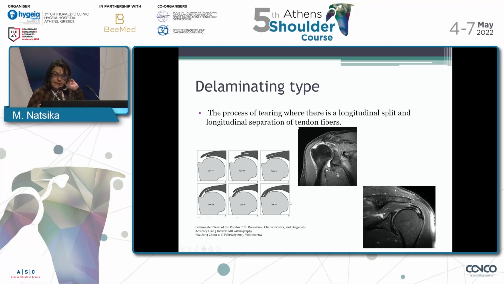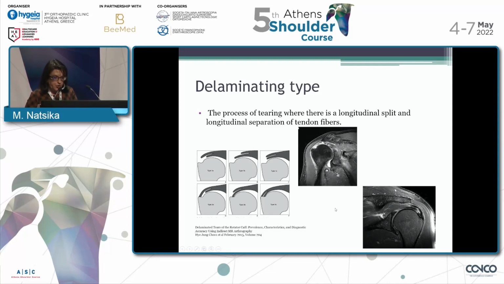One interesting type that we refer to more often during the last years is the delaminating type. The process of tearing where there is a longitudinal split. We have a vertical component and a second, longitudinal component that splits the fibers, and it separates the fibers, so we can see this delamination as we know it mostly in